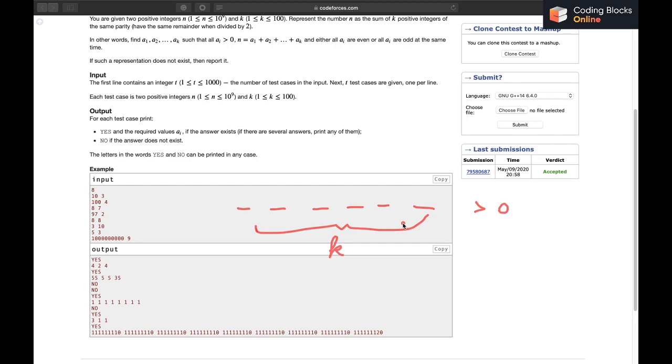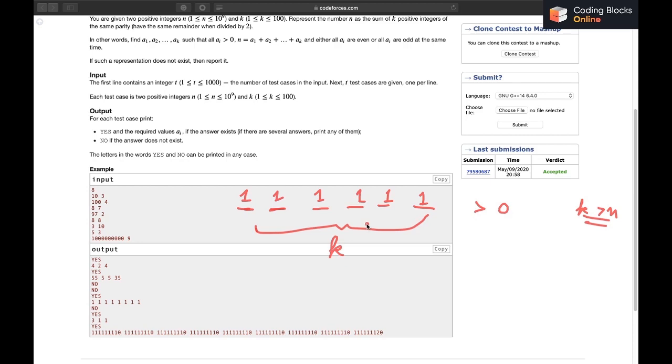Now, regarding checking, let's first see the case of odd. While we are looking at the case of odd, we'll fill 1 initially in each of these blanks. Let's say 1 1 1 1 1. Now it is possible that the sum already exceeded n, in the case when k is greater than n. So in this case, we know that our answer is not going to be possible at all, because we need all of them to be positive, right? It is not possible to get k positive numbers which sum to n, because k is already greater than n.